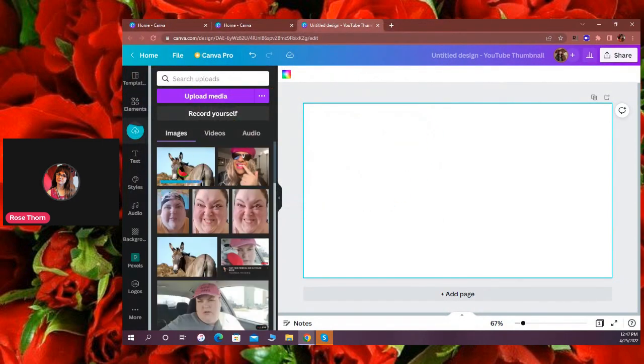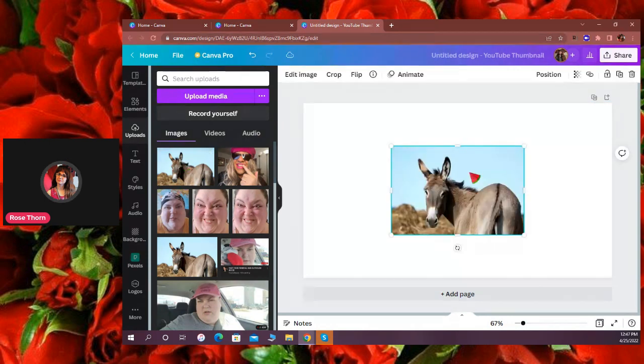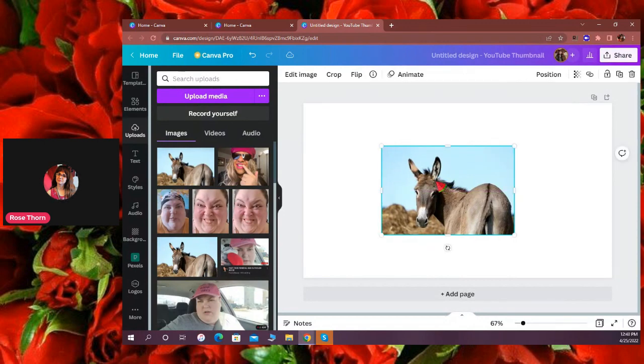you can record pictures, you can upload pictures, and you can use that for, say, your thumbnail. Oh, sorry. So let's just say I want to use the donkey as my thumbnail. Then you click on the picture and it appears with the thumbnail. And if you're not happy with the size of the picture, with the way it's placed,